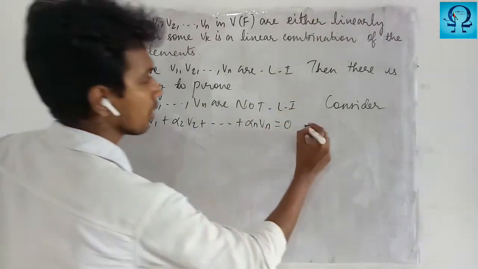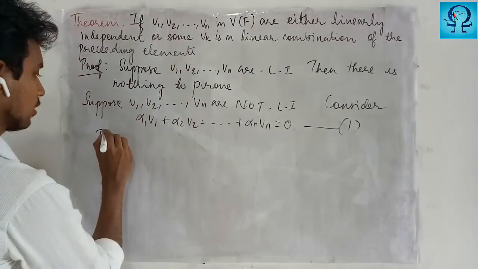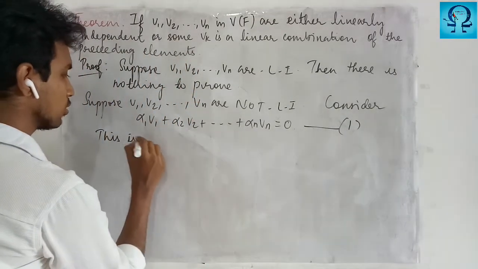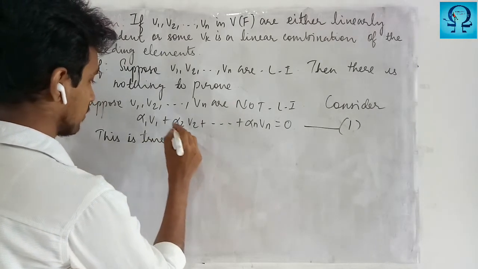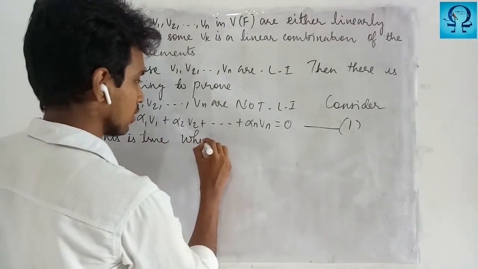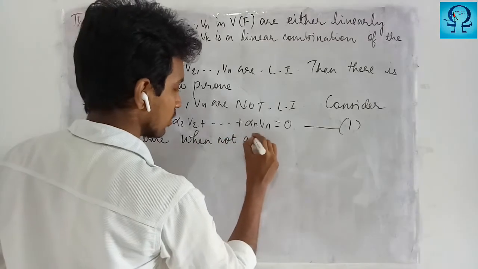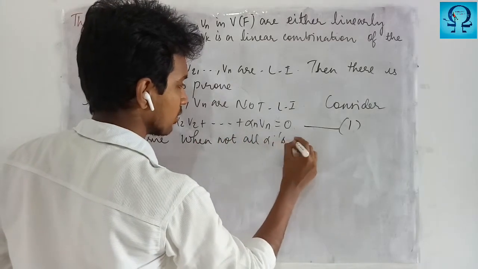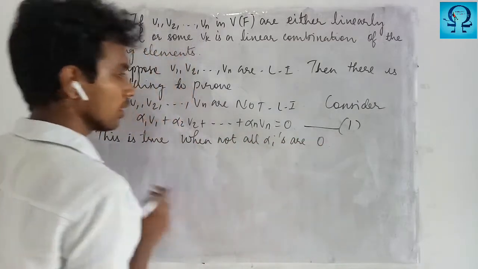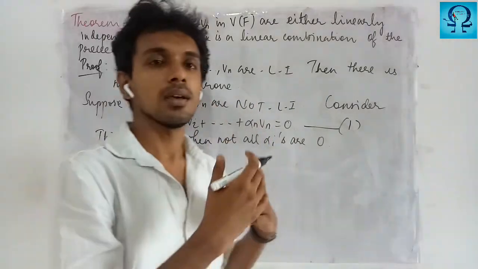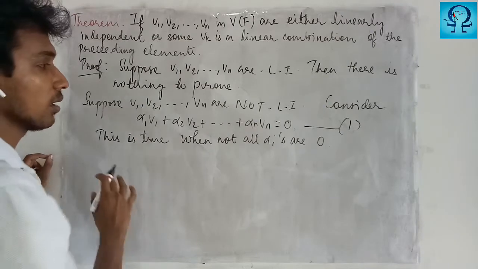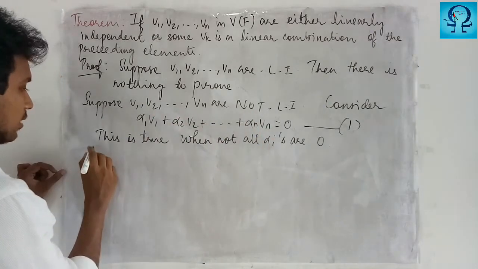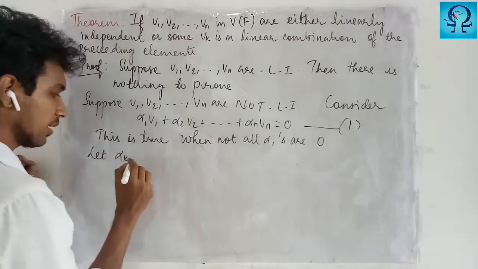If I consider this to be equation 1, this is true when not all alpha i's are 0, because they are assumed to be not linearly independent, that is, linearly dependent. In this case, let alpha k be